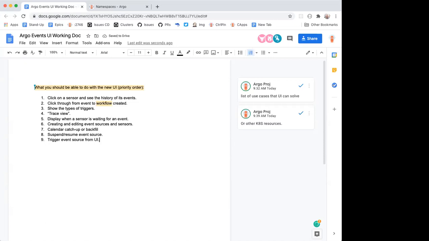Interesting. My brain keeps jumping to the solution, and we probably need to talk about that maybe at the end of the meeting, and focus on the requirements. Just added that to the list there as well. I think it's quite interesting. Thank you. You're highlighting a debugging scenario, aren't you? Yes. I want to get this working. Why isn't it working? Is it the event source that's the issue, or is it something else in the pipeline? Definitely. Yeah, trigger the event source manually.